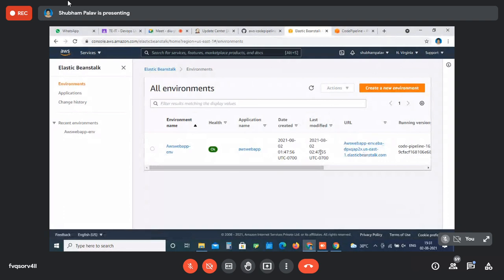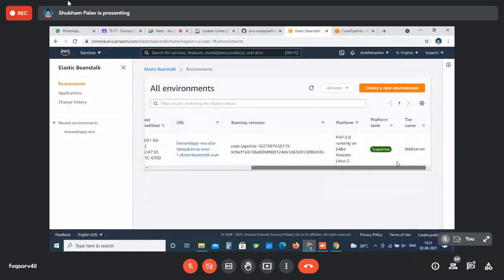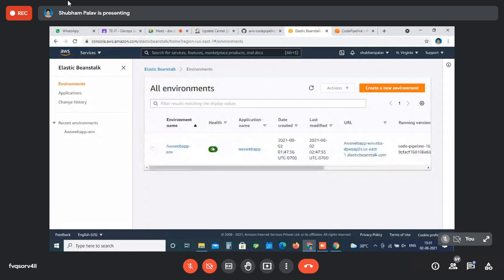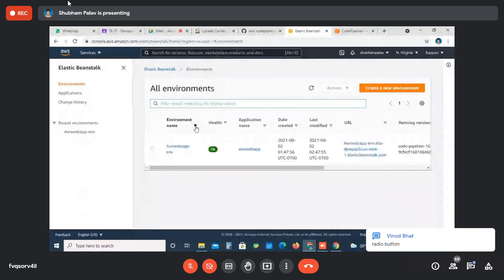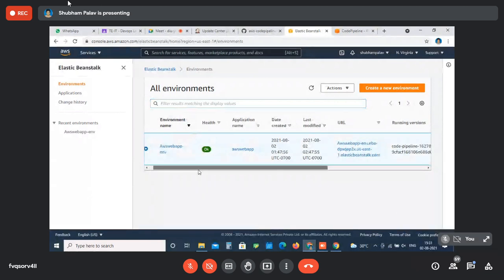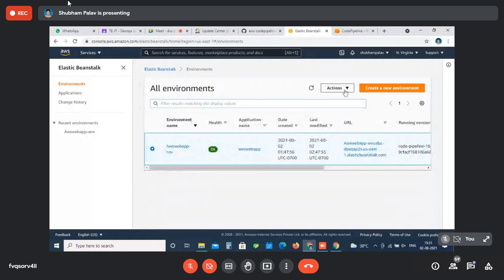See, that is the second step also. We can do that also. See here, just wait a minute. Click on this thing. Select the environment name. There is a small circle beside the environment on your left hand side. Correct. Now go to the action. See on the top. Go to action. Yes. Click.